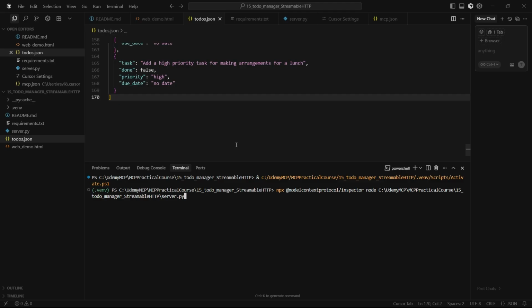So when you are progressing, you are developing the MCP server. At that point of time, you can utilize this MCP Inspector tool to actually understand what you have developed so far. So some of the key features, if you ask me about MCP Inspector, I'm using it for an interactive testing